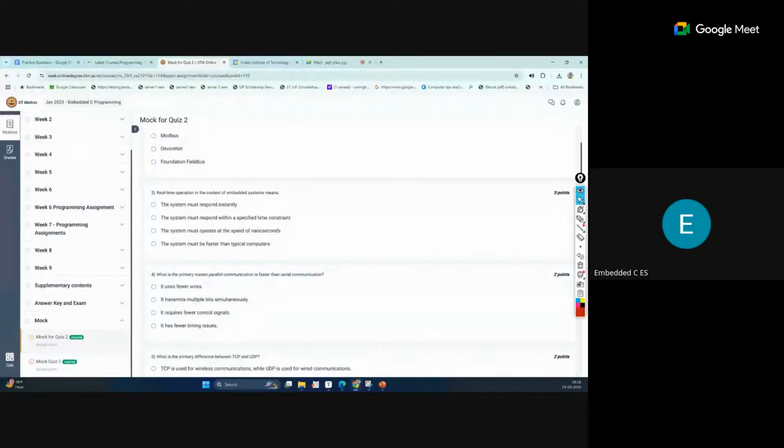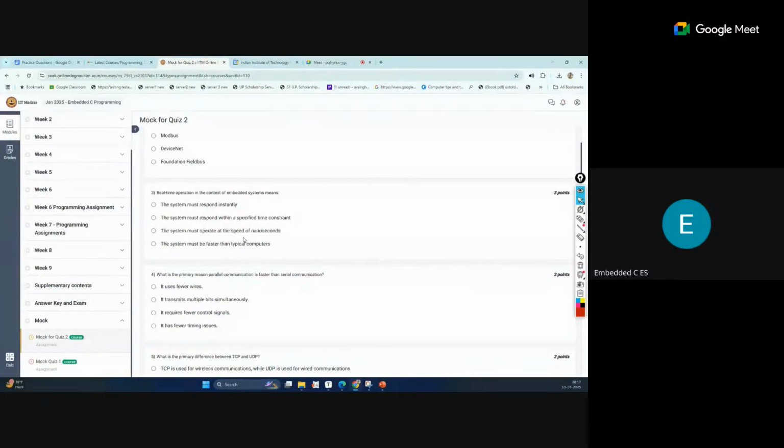So real-time operation in the context of embedded system means our system must respond within a specified time constraint. Similar to that, you have the term RTOS, real-time operating system, whose purpose is to provide real-time operations. So yeah, this is correct.